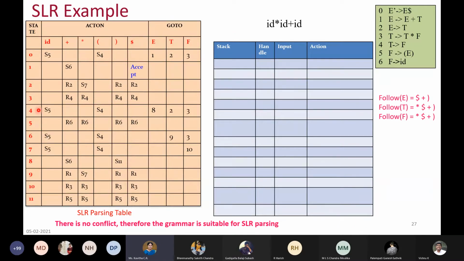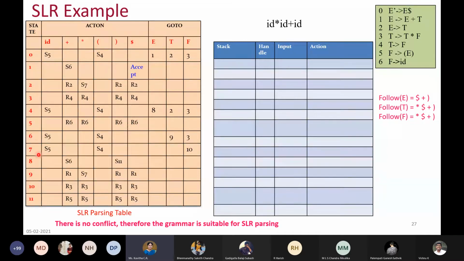And state number 4 will not change because we don't have any reduce action. Coming to state number 5, once again it is R6. R6 means it is F gives ID, which means we have the LHS symbol F. Follow of F, from this rule, should contain follow of T. So whatever is there in T, everything you're going to copy to follow of F also. So same thing is there. Therefore, we apply R6 for all those four symbols. Okay. And state number 6 does not change.